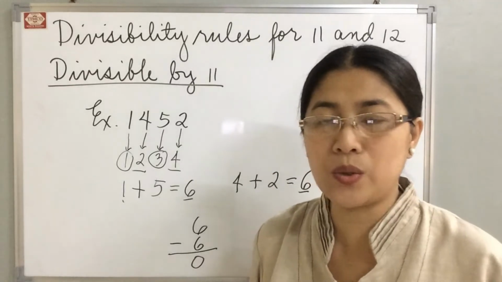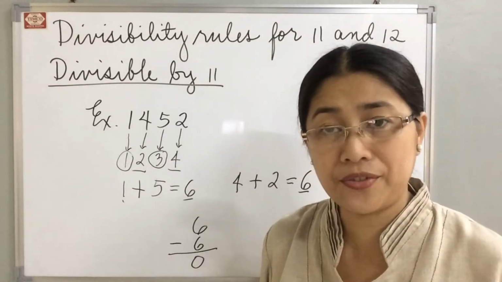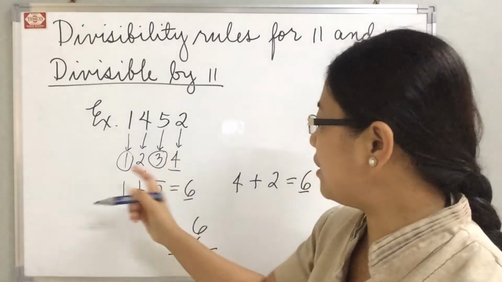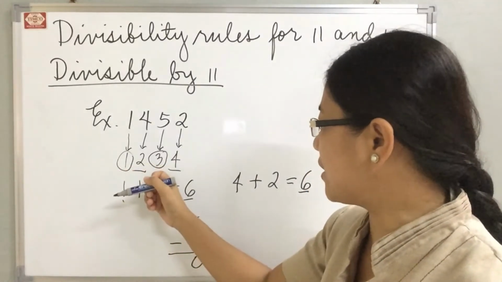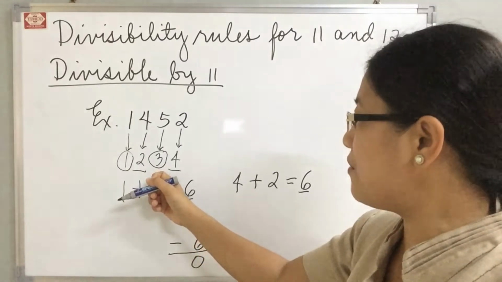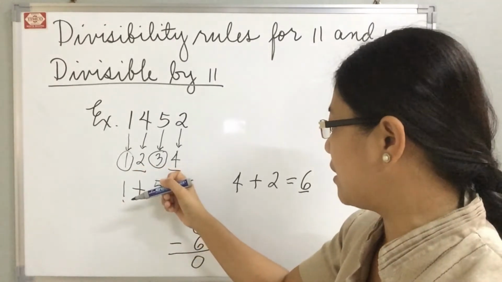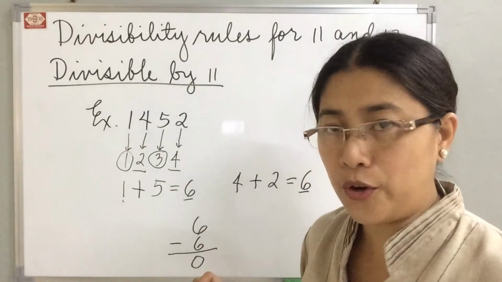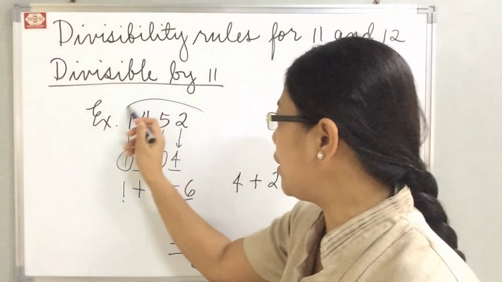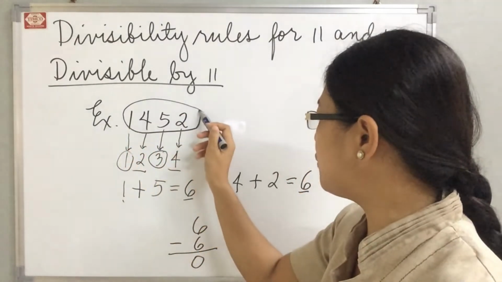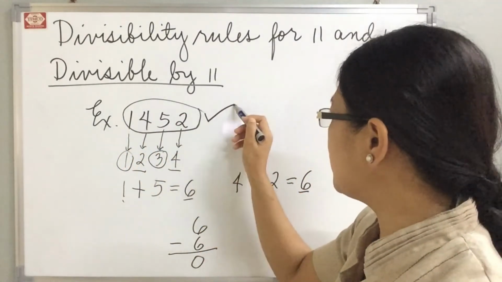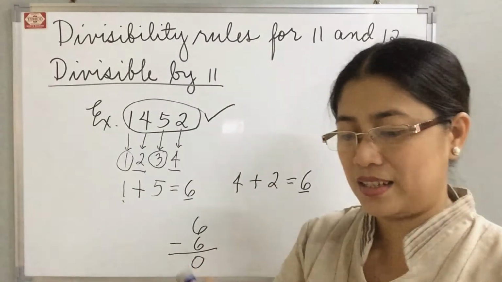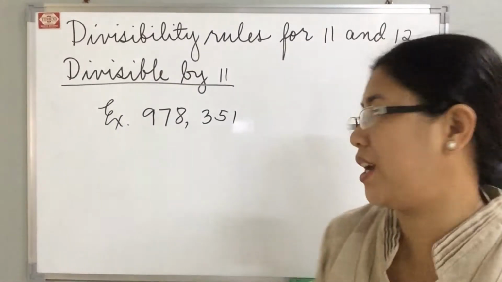Now, let's go back to our rule. If the difference of the sum of the digits in the odd places and the sum of the digits in the even places is 0, therefore, the whole number 1,452 is divisible by 11. Okay? Another example, we have